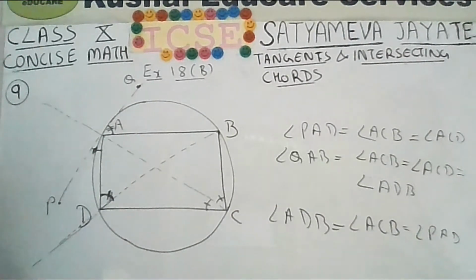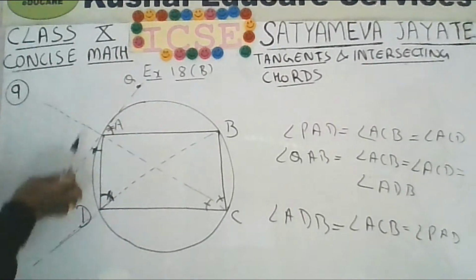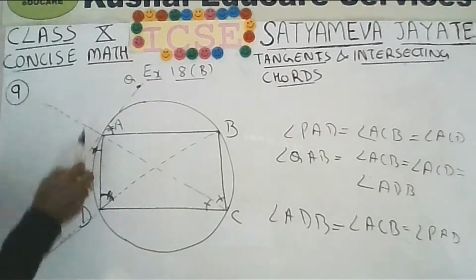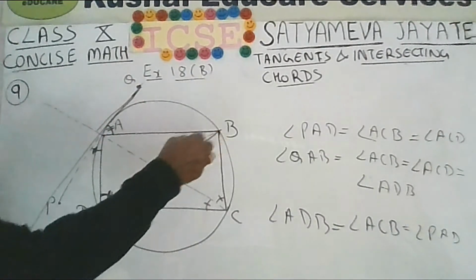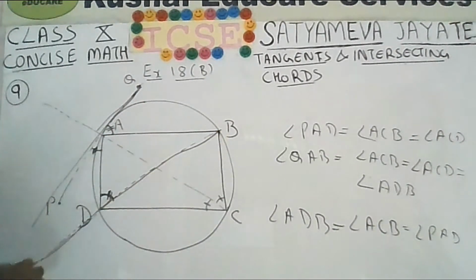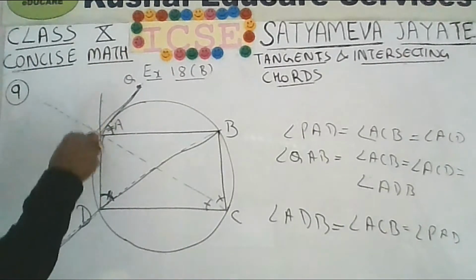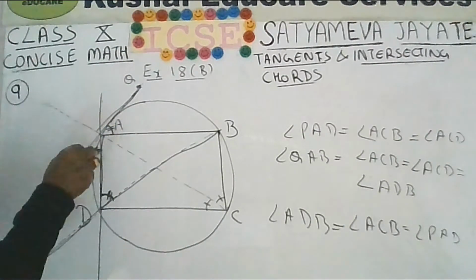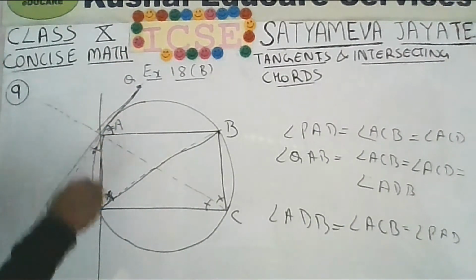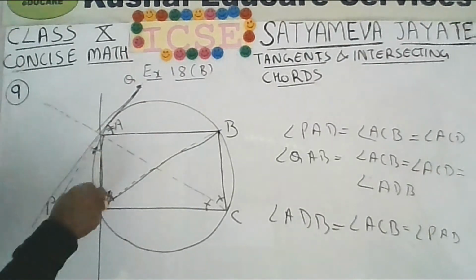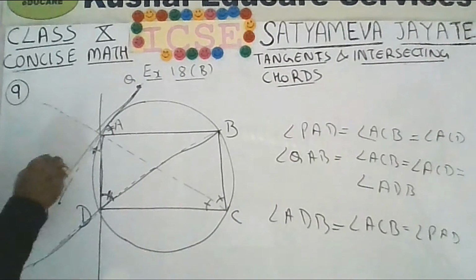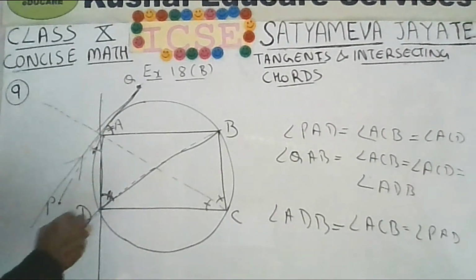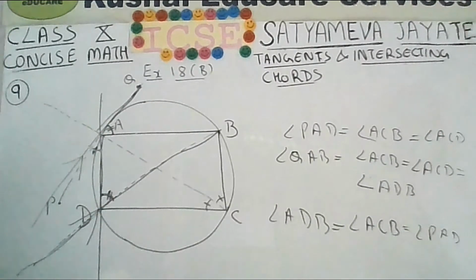If these two angles are equal, you can see that the tangent at the point A, that is this tangent, and the diagonal BD must be parallel to each other, because then PD will be the transversal like this. If these two angles are equal, it means the alternate interior angles are equal, and if alternate interior angles are equal, it means that these two lines are parallel to each other. Like this way you can do.